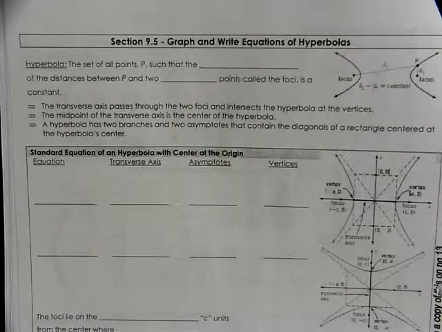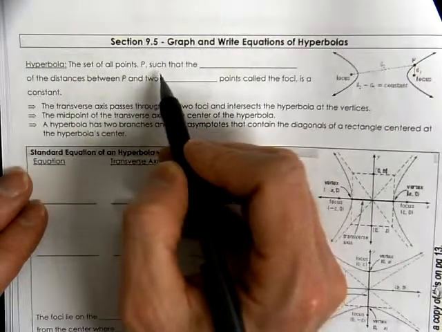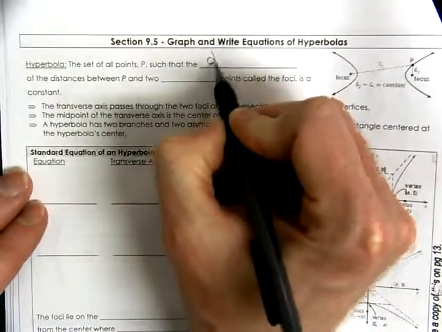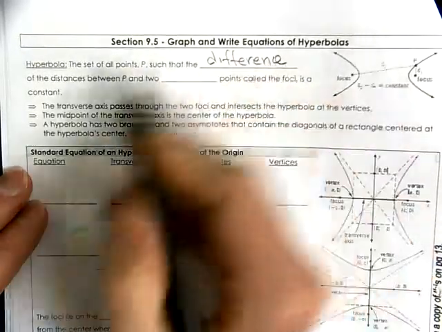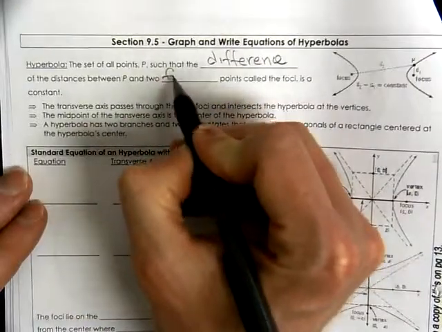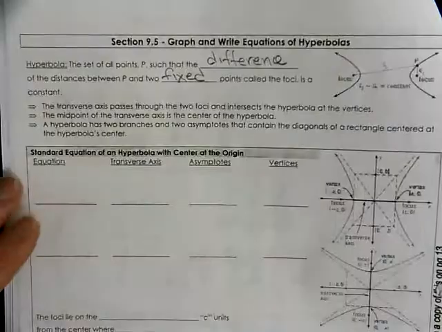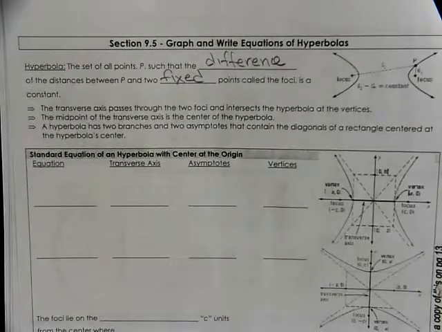This is section 9.5, graphing hyperbolas. A hyperbola is the set of all points P such that the difference of the distances between P and two fixed points, called the foci, is a constant. Looking at the picture here,